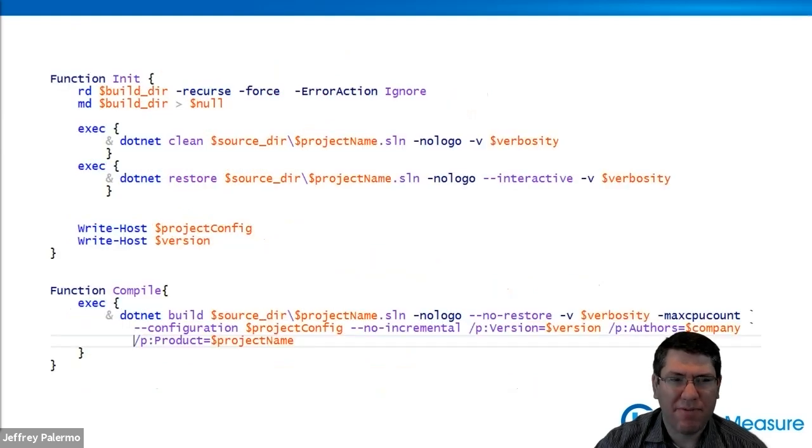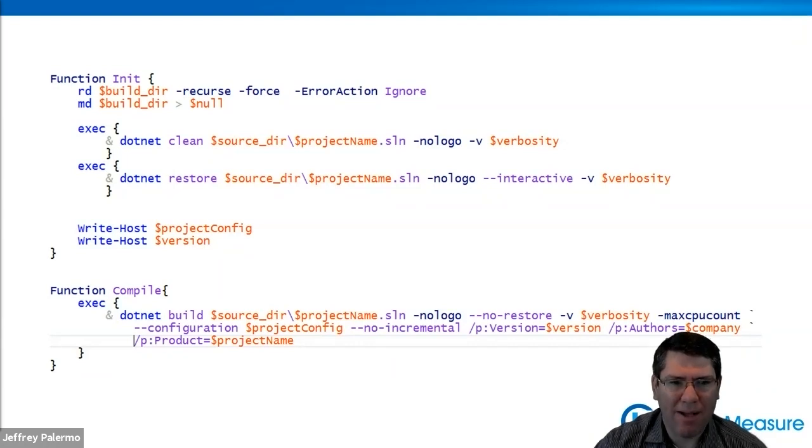All right, as we go down the file, the init function and the compile function, this is what they look like. Pretty darn simple. Now, this project is .NET Core 2.2. It'll be upgraded to .NET Core 3 pretty quickly, but we're going to remove the build directory. This is where we clean up any artifacts from the past builds. We remove it, and then we make it again, and then we are executing dotnet.exe with various things, okay? And we're also using the verbosity variable for the build script, so we can set it in one place, and all these different commands that we're running that all require verbosity, we just flow that through.